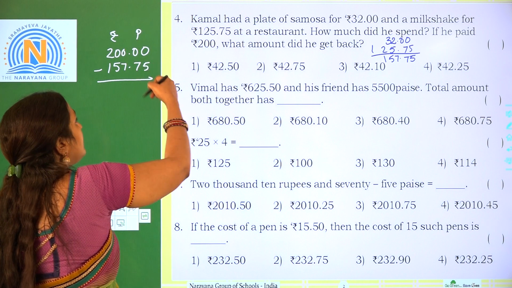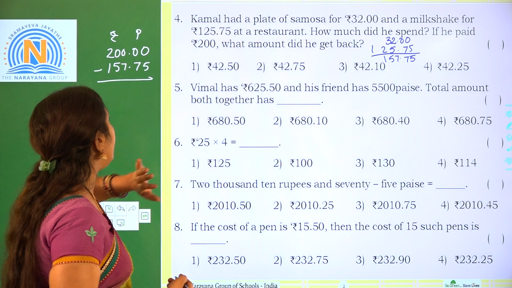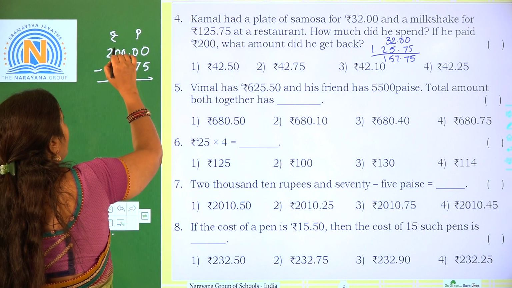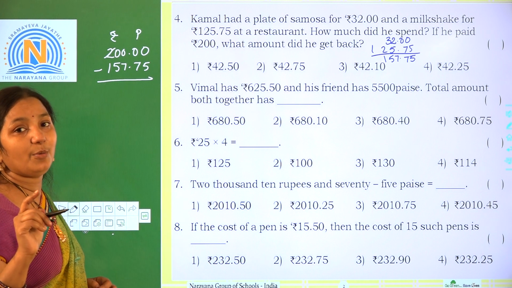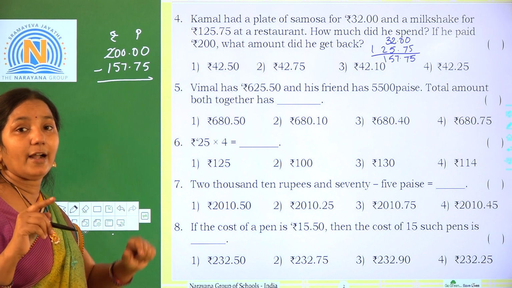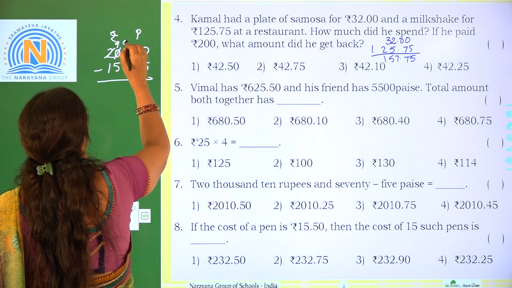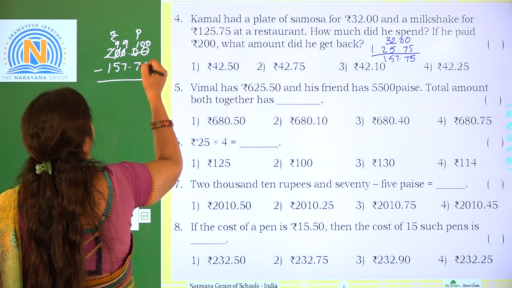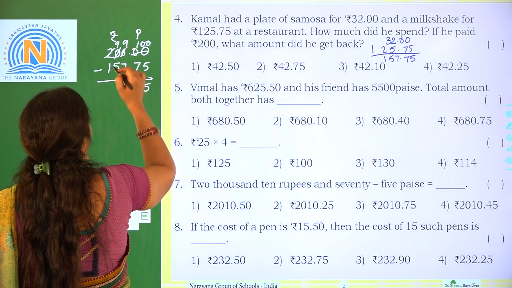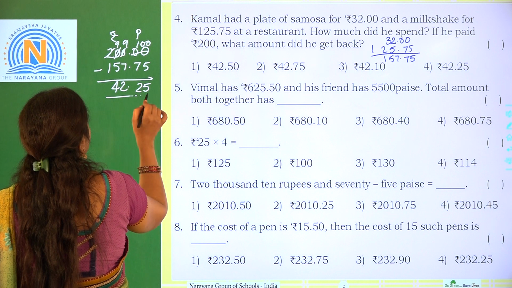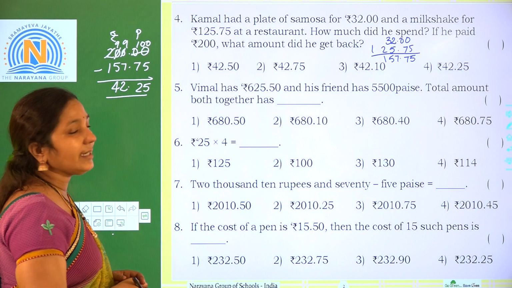here 0 minus 5, 0 minus 7, we cannot subtract. So we have to take regrouping. From where are we taking? From the 100 place, but we require only 1 rupee. So from the 100 place, this is 9, this is 9, it will be 100. 100 minus 75 is 25, 9 minus 7 is 2, and 9 minus 5 is 4. So which is the correct option, children? 42 rupees 25 paise. Which is the correct option?